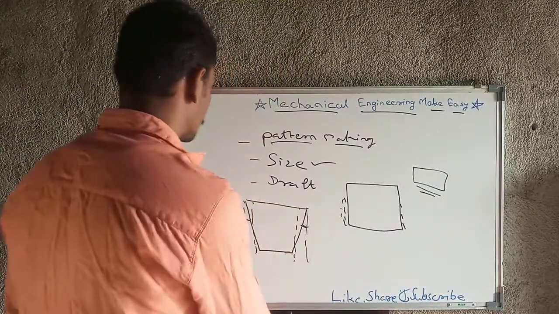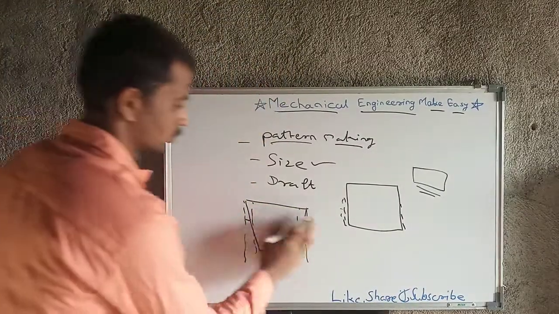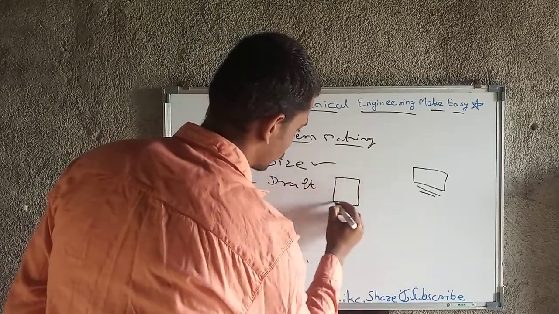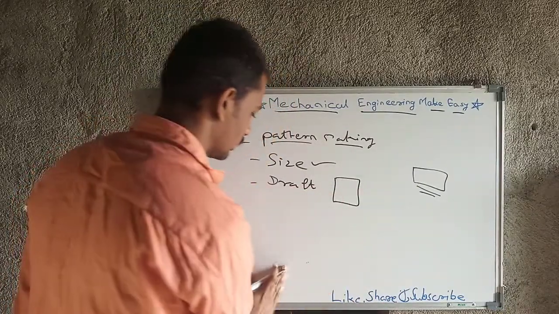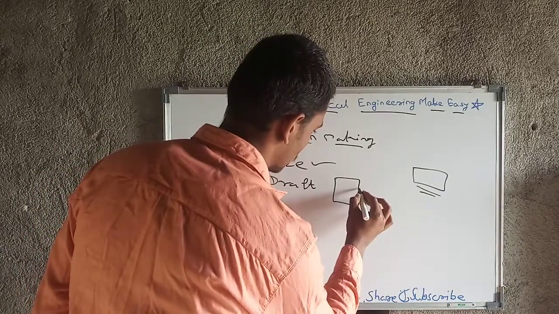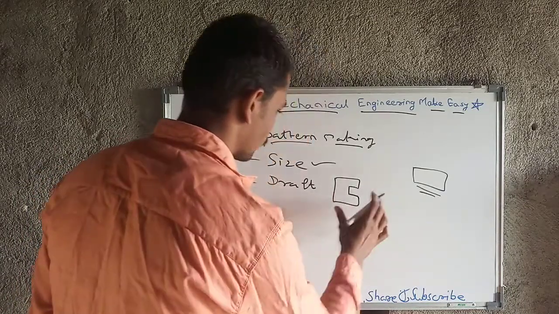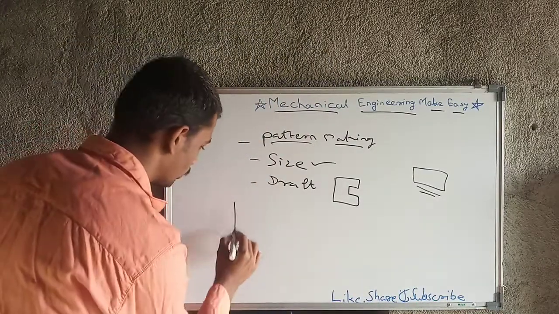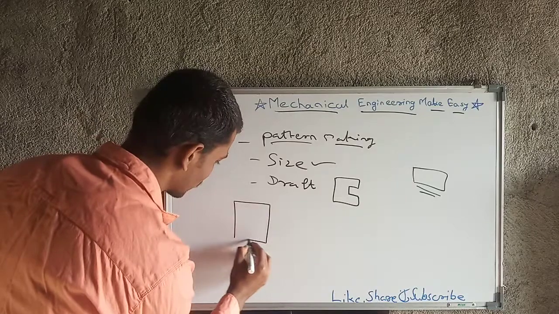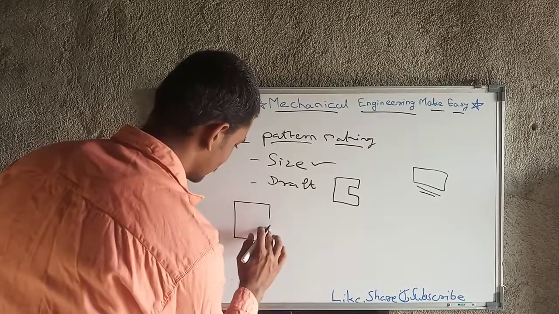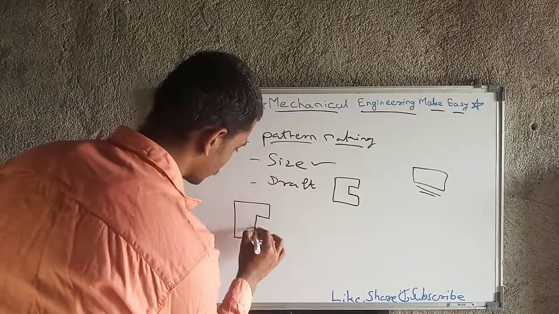Okay, so I will give the idea here directly. This is our final product we need, and in this one a hole is here maybe. This is our final product, but at the time of pattern making, we will make the pattern likewise. No problem, but at this section the core we have to seat it likewise.